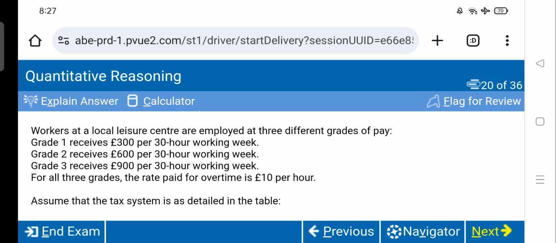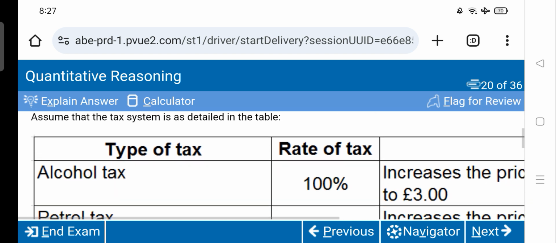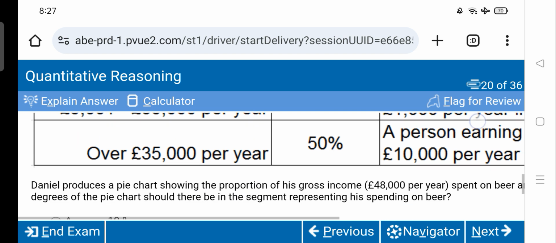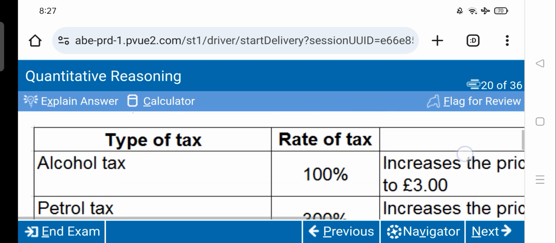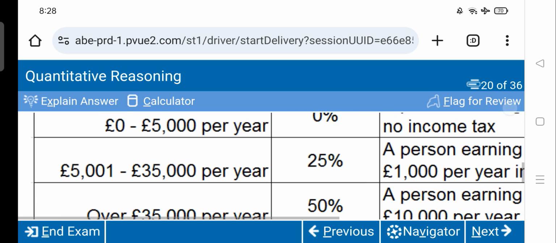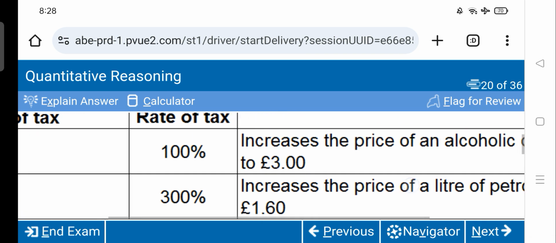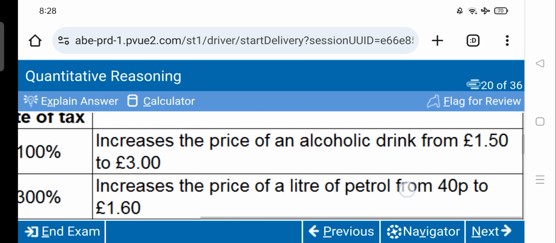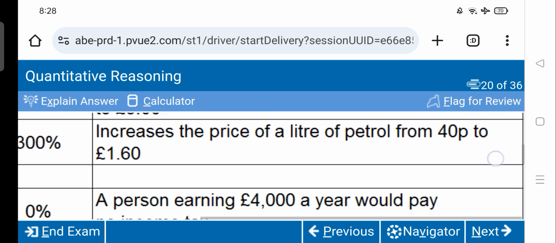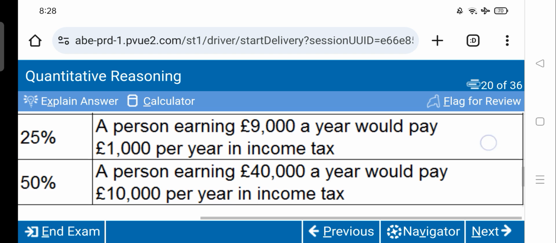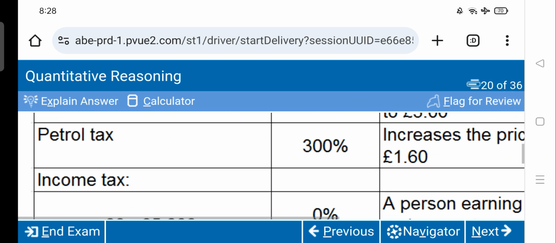Question number 20. With the same information given, you can read again and take a look at once. And with this table, type of taxes, here you can see how many types of taxes we have. Then rate of taxes, then we have this information, as you can see here. So the question is,